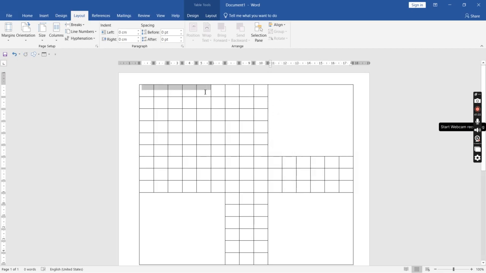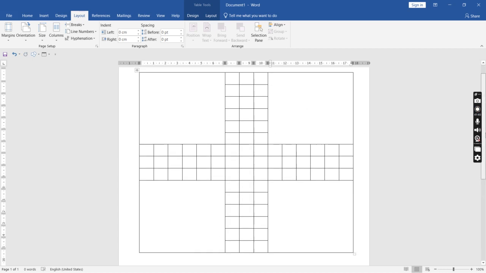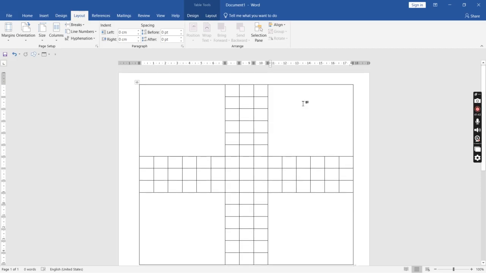Do the same for this also. You merge this also. So we have the 4 houses like that. So now what you are going to do is paint each of the houses. Let's assume that this house is red. I'm going to come here, design,